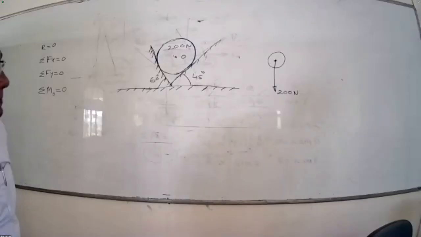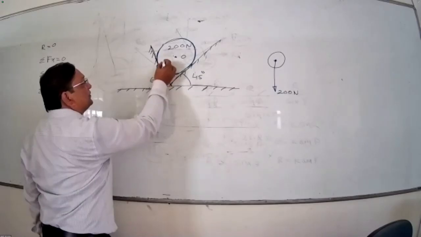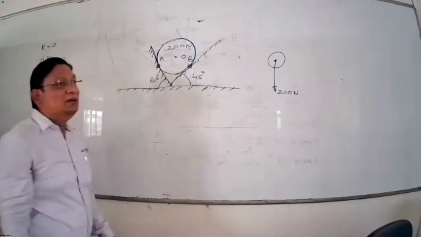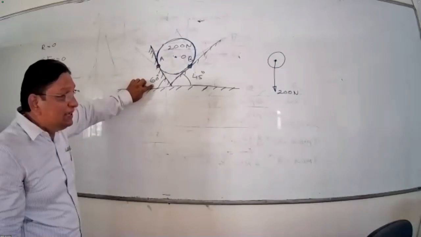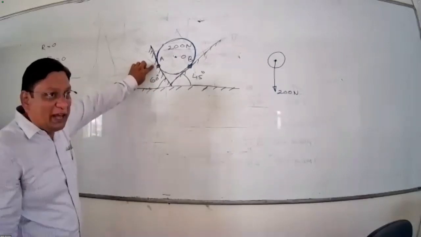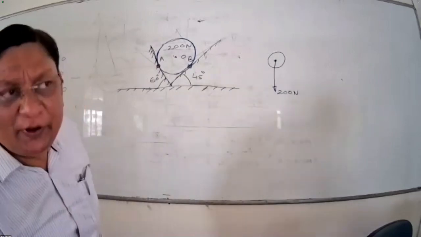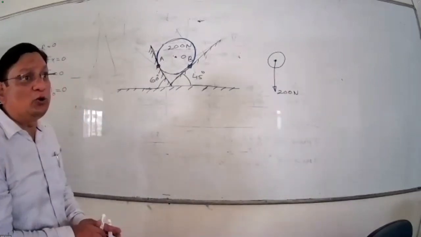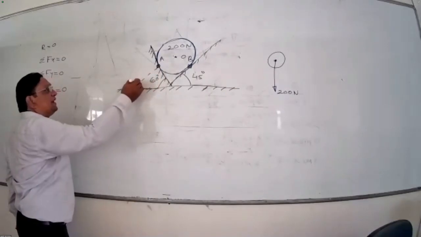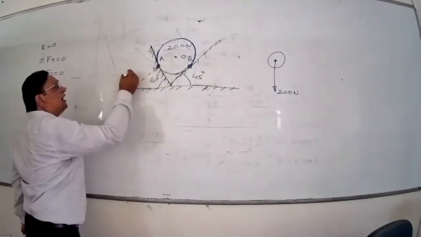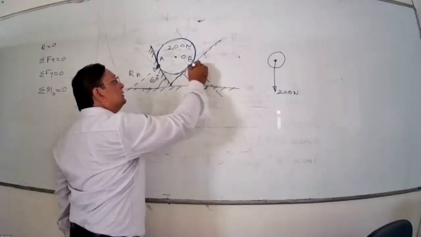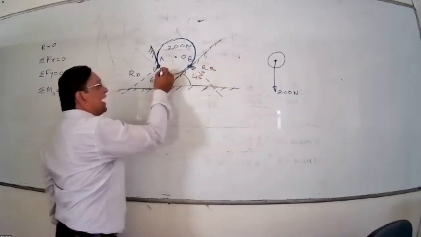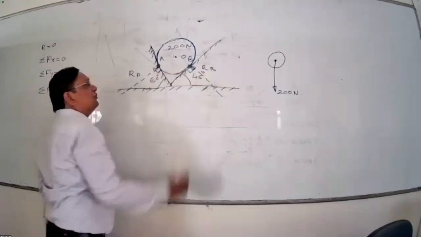Let us say the left hand contact of the cylinder with the support is A and the right hand support is B. So the cylinder on the left hand side is in contact with the inclined surface of 60 degrees at contact point A. Whenever there is a contact, there will be a reaction, and that reaction will be in the direction perpendicular to the support. So if I show here, this is the reaction RA. Similarly, this is the reaction RB. And as it has to be perpendicular, this angle will be 90 and this angle will be 90.